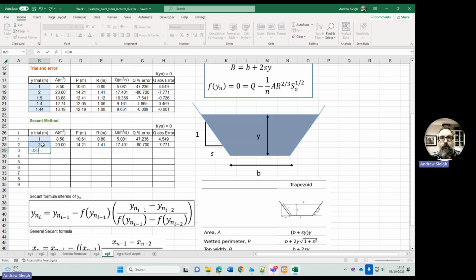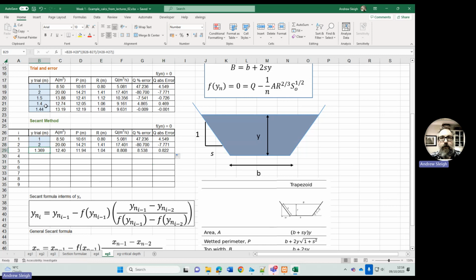So the y before, minus the function of the y before times by double bracket here, the y before minus the y before that, divided by a function of the y before minus the function of the y before that. Double bracket to close, that's our next guessed value, which is about right,